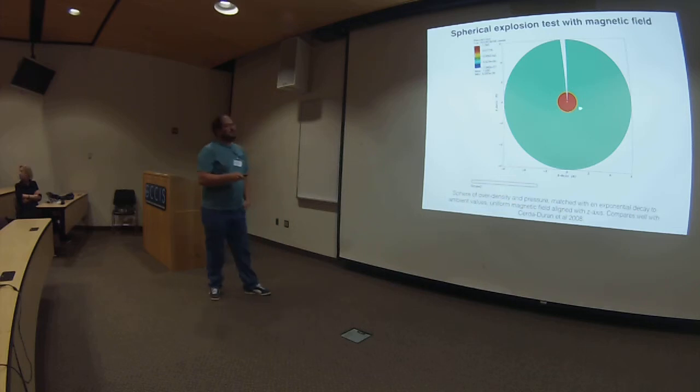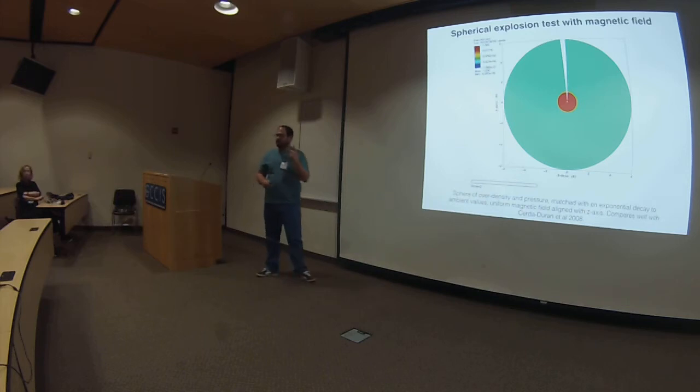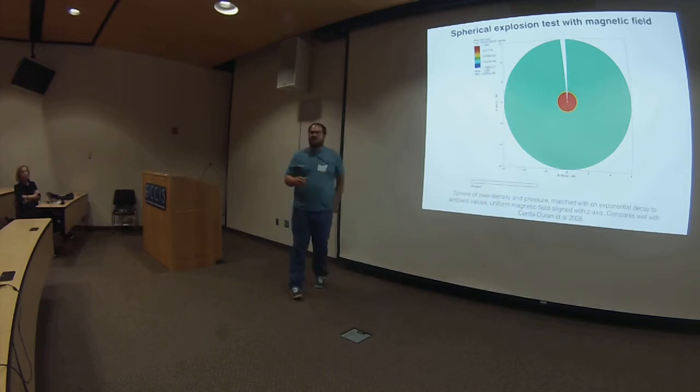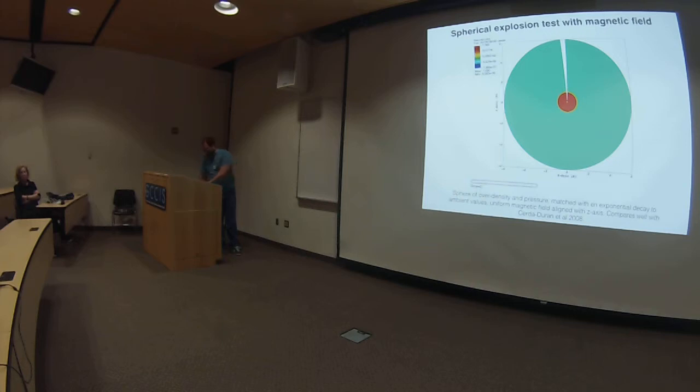So what we did here is you have a spherical ball, which has a higher density and pressure than the ambient medium. There's an exponential matching region, because in the Komissarov paper, where that was done first for the cylindrical explosion, I think they say if you don't exponentially match, the shock is just too extreme. So we followed that and set up that matching region. And the entire domain is threaded by a magnetic field that is aligned with the z-axis. That means that the magnetic field doesn't really conform to the symmetries of the coordinates. And then we're going to see what just happens. So the explosion will proceed,